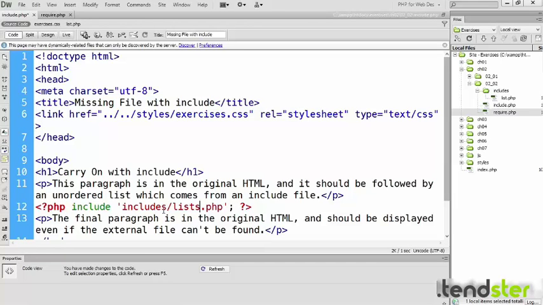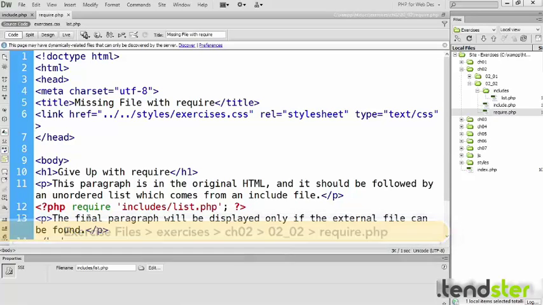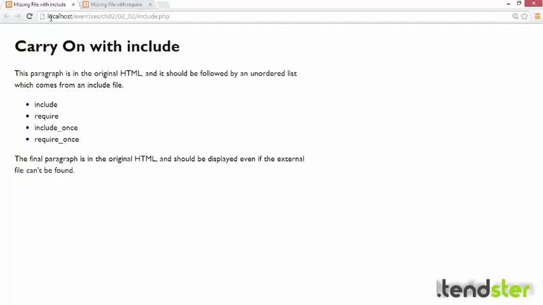So let's change that to lists and save that, and then go to the require.php page. It's exactly the same server-side include that's being included, but this time it's using require. Let's just change that to lists.php as well. Save that and then go back to the browser, and if I go to the include page and reload it,